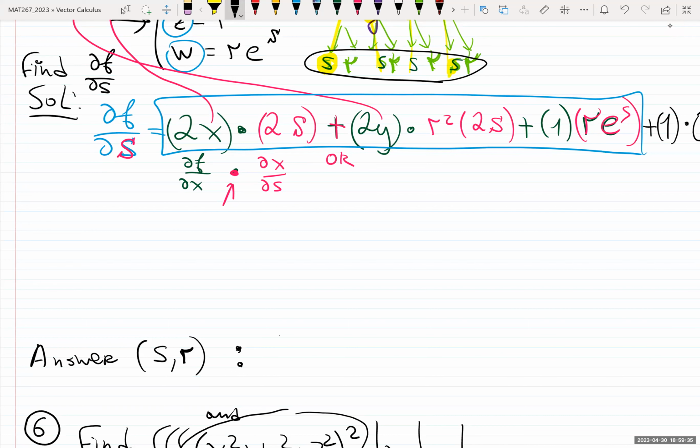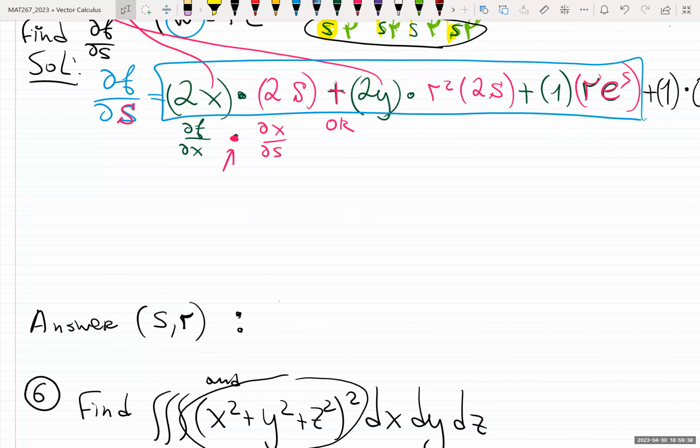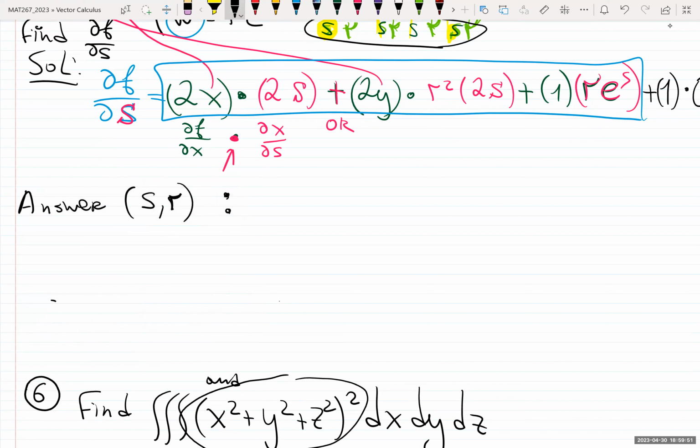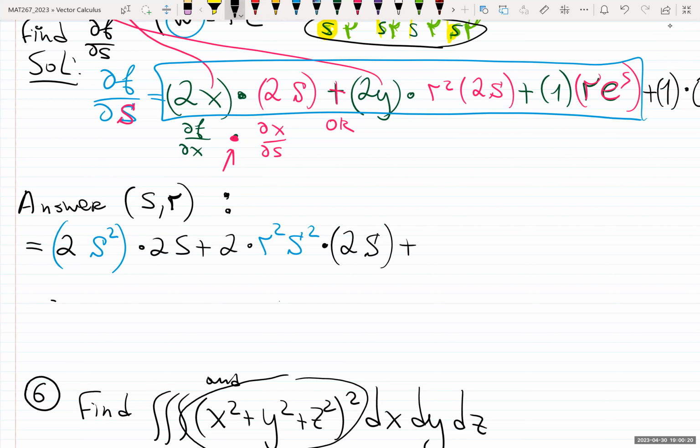So it's going to be 2 times 2, actually interesting. Did I have it in my notes? It was in my notes. I just totally ditched it this year. So someone should have unmuted themselves and just told me. Let me not simplify it so it's more obvious. 2x, x is s squared, and there's also a comment about the fourth term, times 2s plus 2y. Y was r squared s squared multiplied by 2s. All of this can be simplified, plus 1